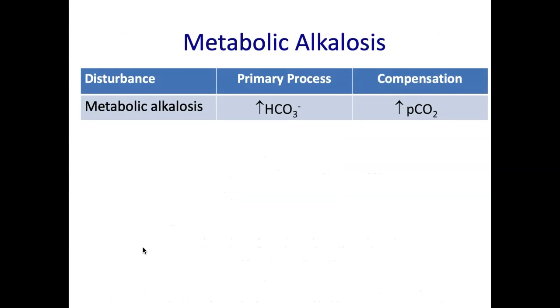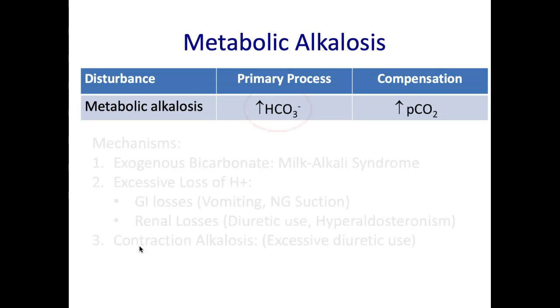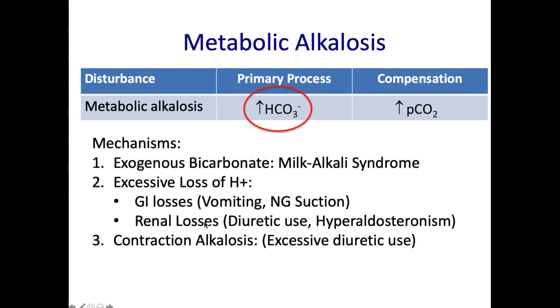All right, metabolic alkalosis. The primary process, the bicarbonate is too high. Now, what can do that? Well, what if someone was ingesting way too much bicarbonate solution? There is something called the milk alkali syndrome, which we don't really see anymore, but it's there in the textbooks. It's from ingestion of too much Tums and calcium containing liquid to cure someone's peptic ulcer disease. So that's one way to get it.